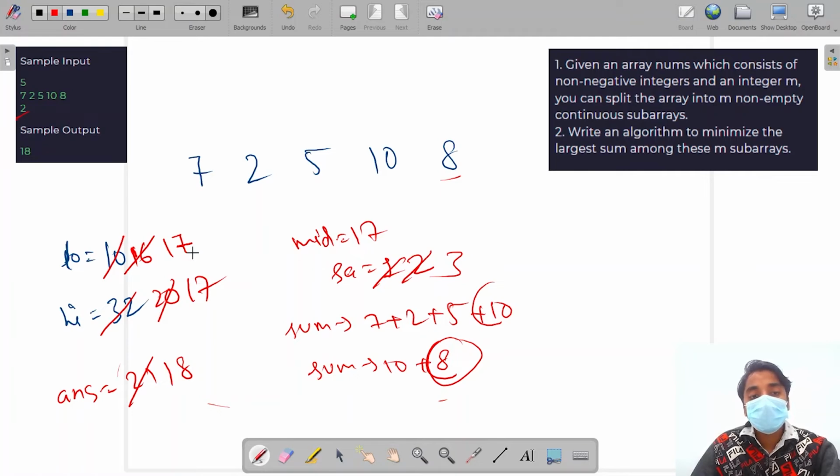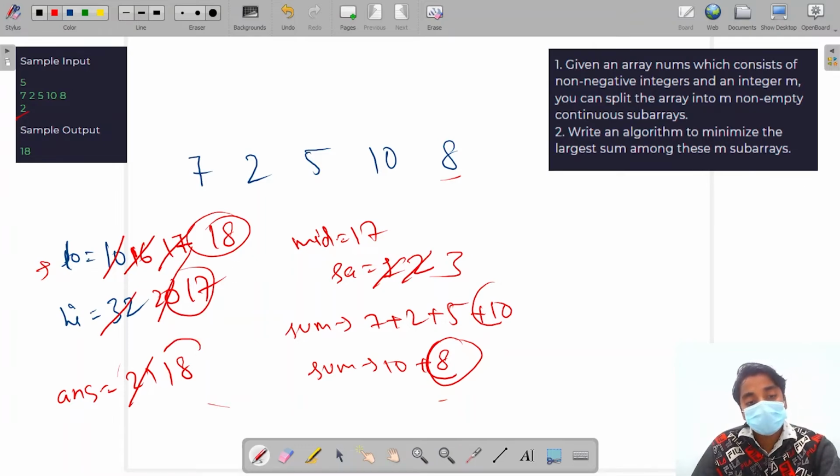So we need to update our low again by mid plus 1. So this will be 18. Here the condition for binary search is low should be less than or equal to high, and low is here greater than the high. So the loop will break, and we have the answer 18 as the minimized largest sum among